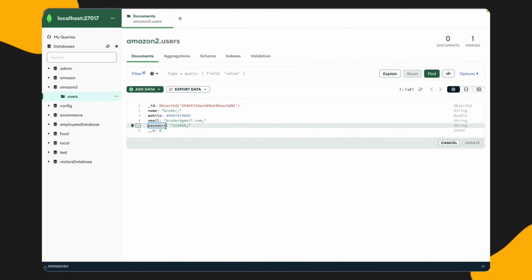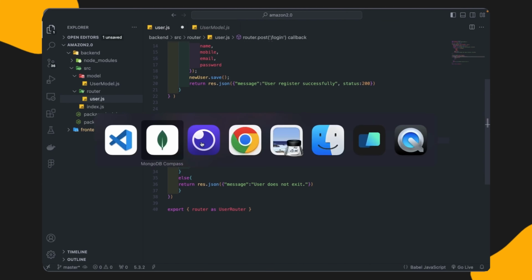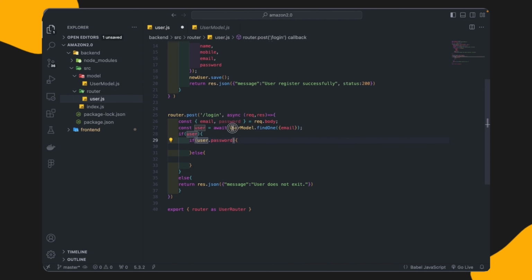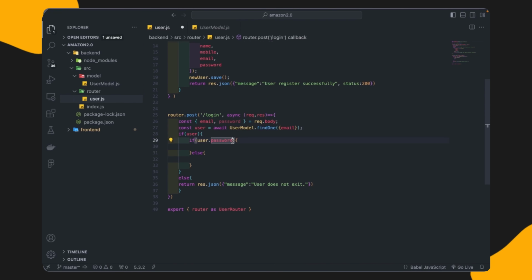If you see, this password variable is there in user, like all this object is stored in the user, like name, mobile, email, password, anything you can access, because it is coming from the user model, means from the database. So if user dot password equals the password which we are sending from the front end side, or from that application, Insomnia, so we will check if both passwords match, then we will return.